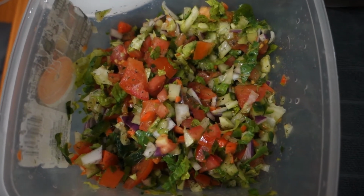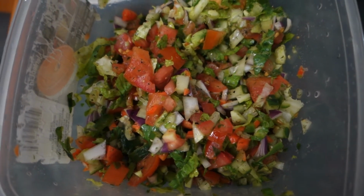By dinner time, I usually have something a little more indulgent and a little less healthy. But when possible, it's nice to have a second salad. This time it's Mediterranean salad with olive oil and vinegar, tomatoes, cucumber, lettuce, parsley,